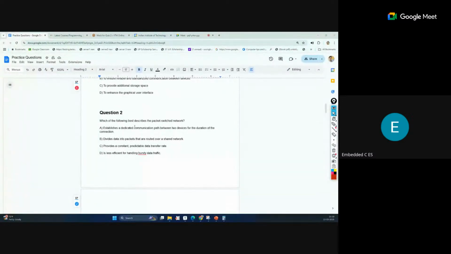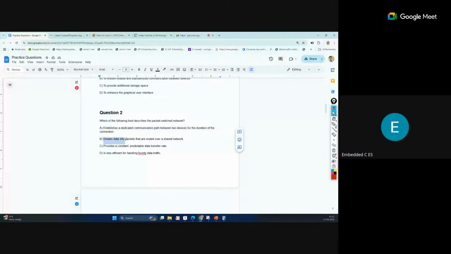So second question, which of the following best describes a packet switched network? I think we have discussed the same question already. So a dedicated communication is not a packet switched network. That comes under a circuit switched network.